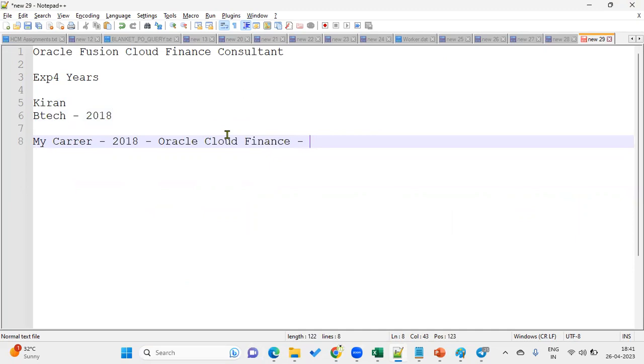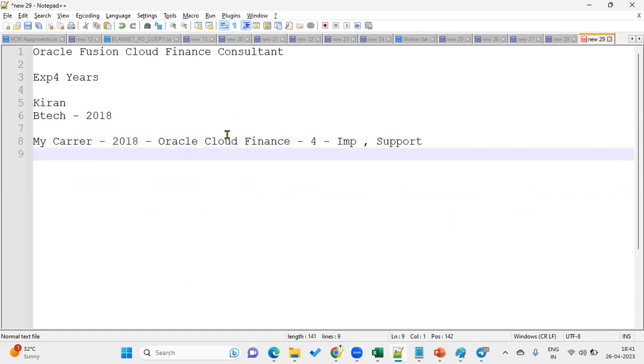And we are telling how many projects we have been involved in, and in that how many implementations and how many support. And we make clear that the current project started 1 year back. It started with implementation, and currently support is going on. And this project has all the options, like implementation and support, and I have been involved in the development as well as in the support and testing of this project. That's what we are telling.